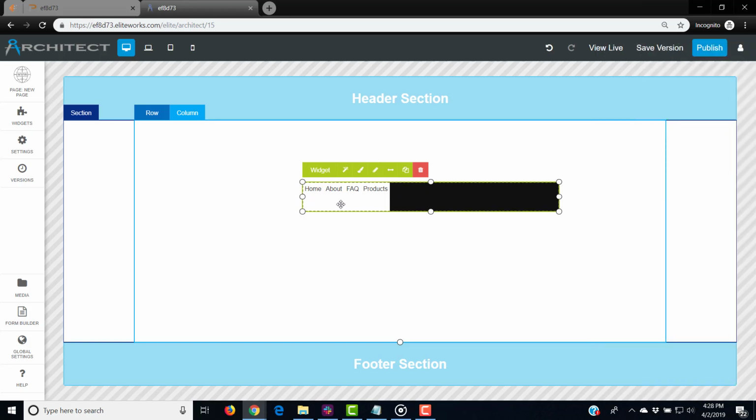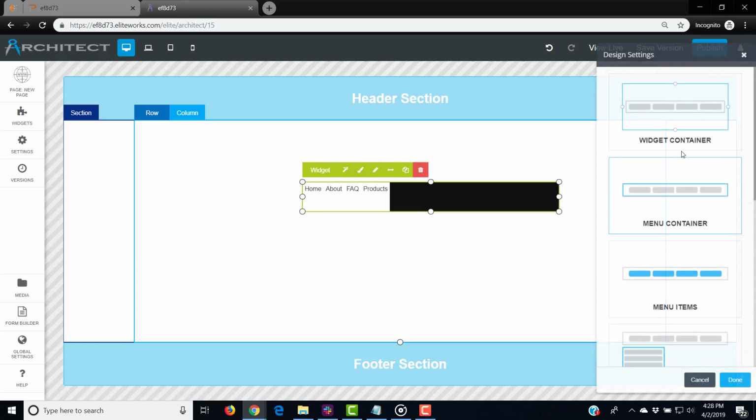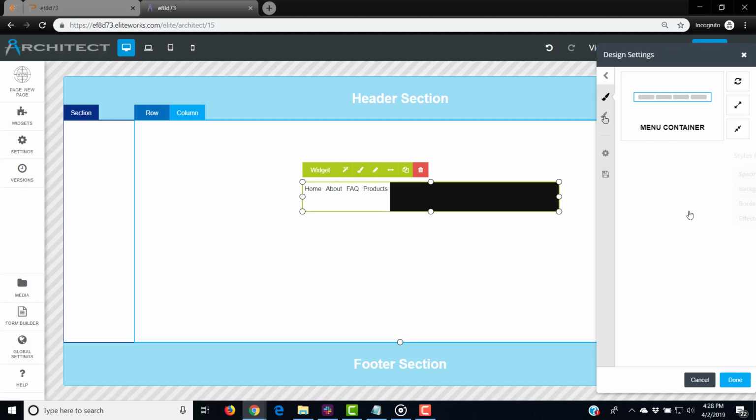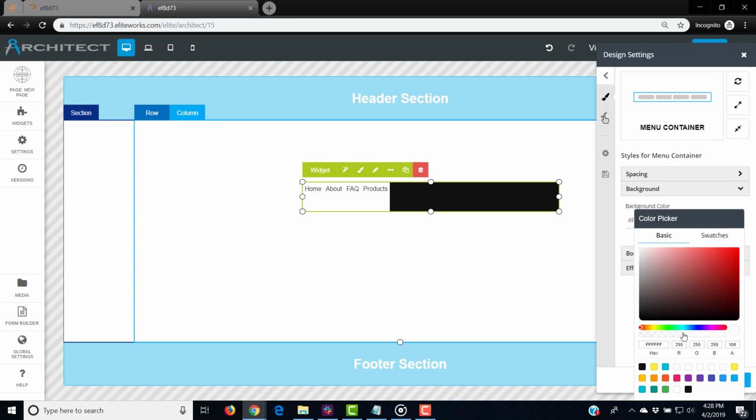Now why is this section white? Well, if I go to the menu container, which is inside that widget container, you can see the background set to white. So if this were, say, transparent or didn't have a color, you can see how it pulls the color from the back. Just like our sections, rows, and columns, you have depth to the